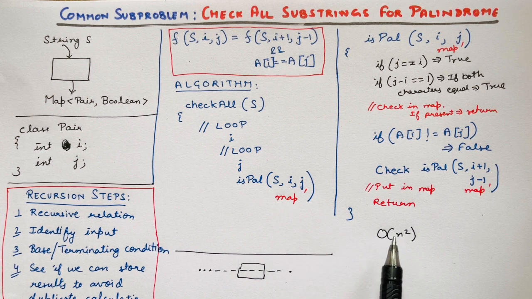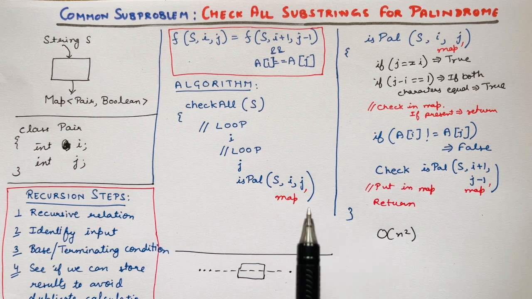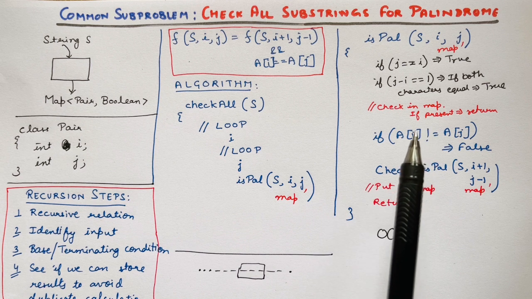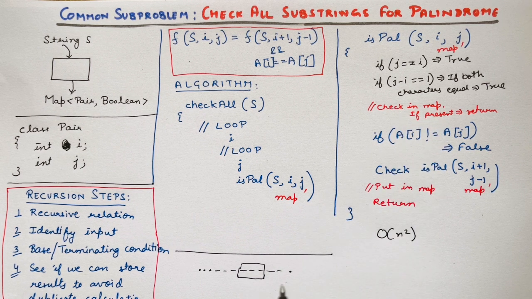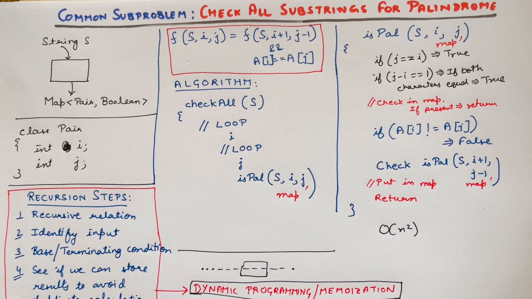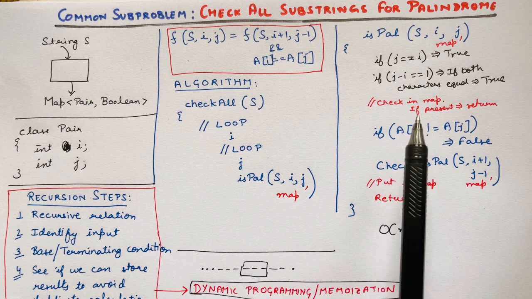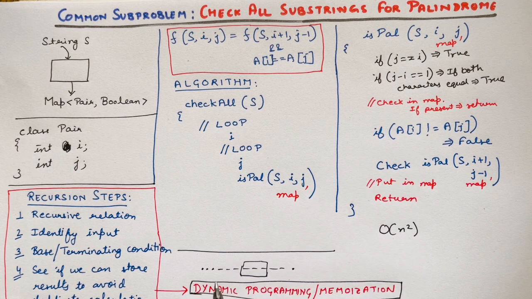Why does it do so? Because we are checking for every substring, whether it is a palindrome or not, only once. And in the rest of the other cases, whenever we encounter it again, we directly return it in constant time using the map. Therefore, our time complexity is big O of n square. And space complexity is also big O of n square because we are storing the results of all substrings in a map. This process of storing the results of a recursive call in a map and then using them later whenever we encounter the same input is called dynamic programming or memoization, or some also call it